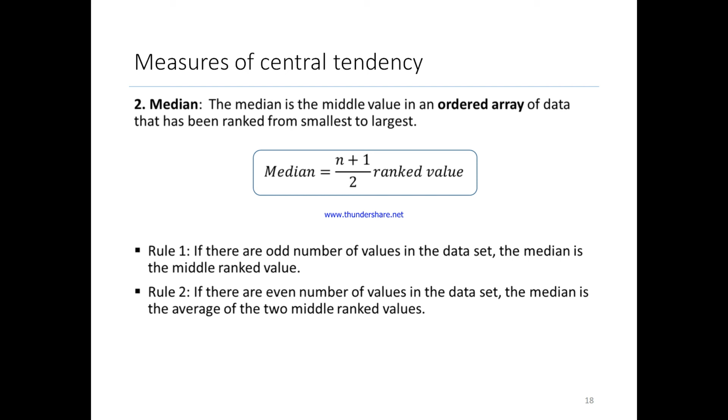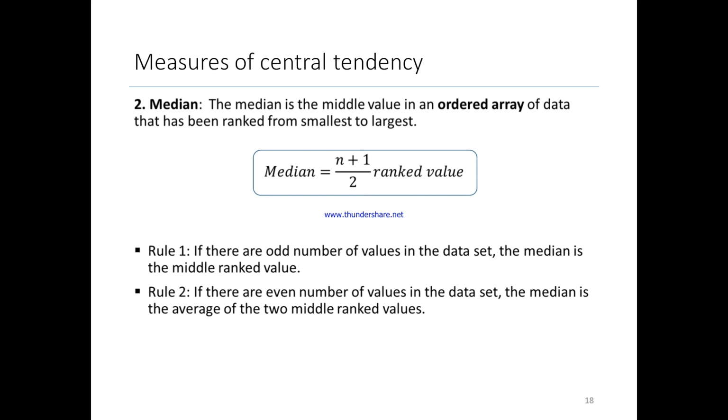So if you are interested in finding the median, first you can arrange your data set in ascending or descending order, and then find the position of the median. To find the position, you take this equation: add 1 to the number of data points. If you have three numbers, 3 plus 1 is 4, divided by 2 is 2. So at the second position, you can find the